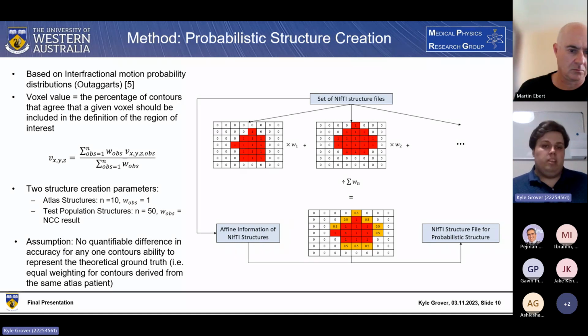In terms of the actual formulation that was used for creating probabilistic structures, it was based on the interfractional motion probability distributions that were produced by Odegaard's